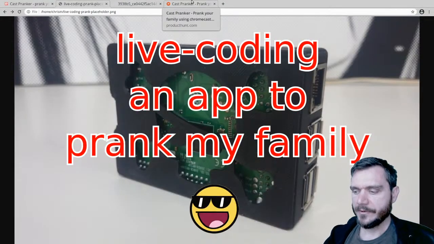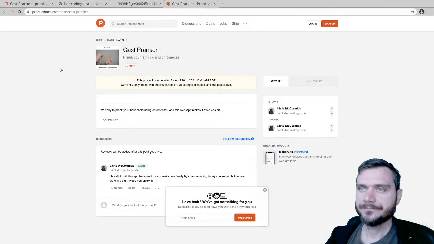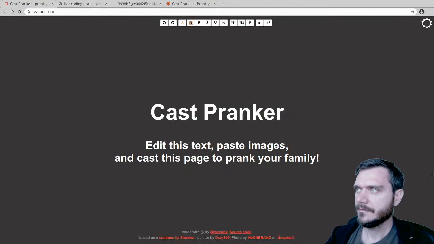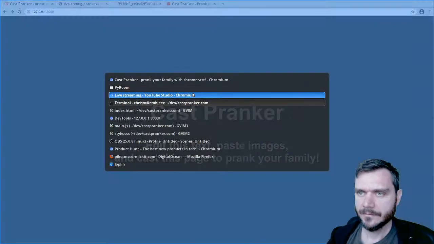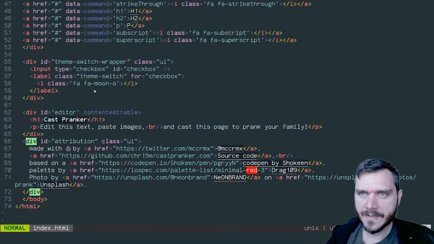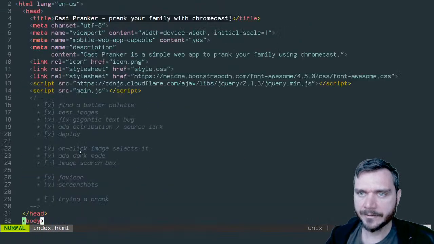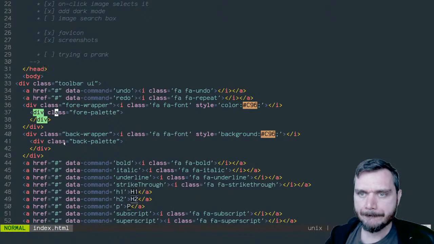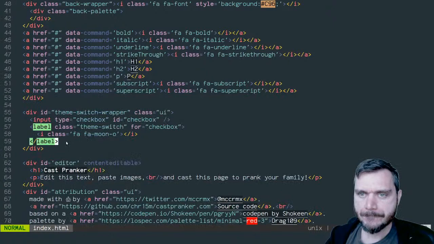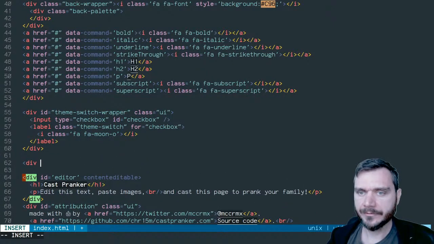Alrighty, so image search, last feature. What we want to do is add below our toolbar here a little thing called div id equals